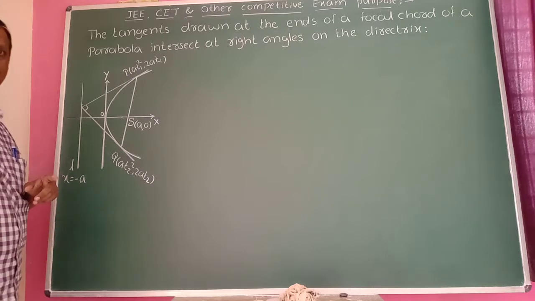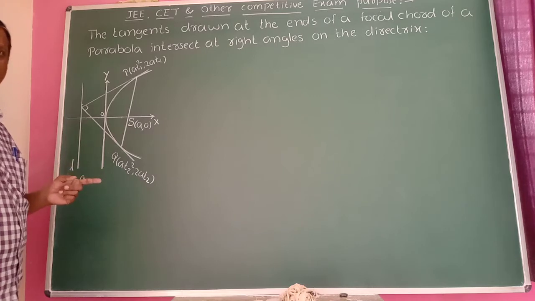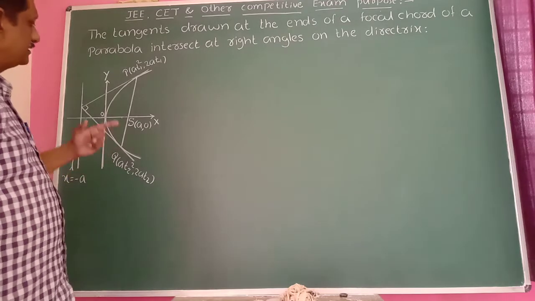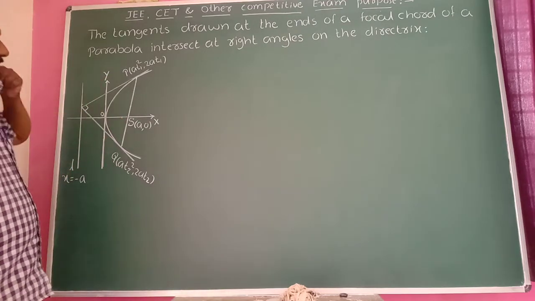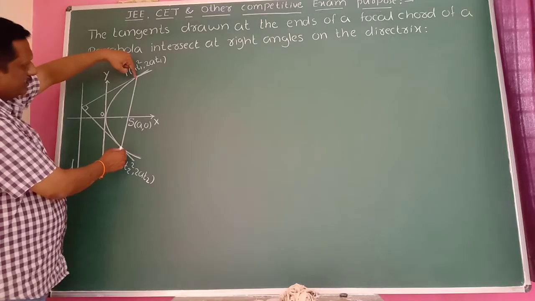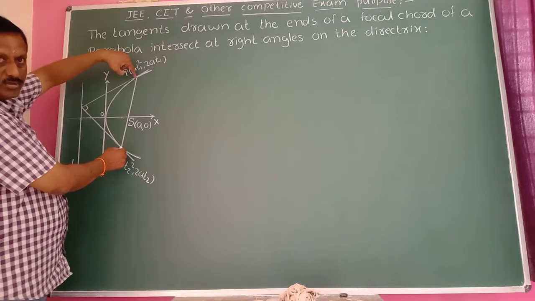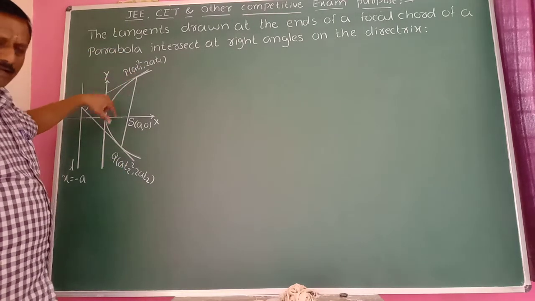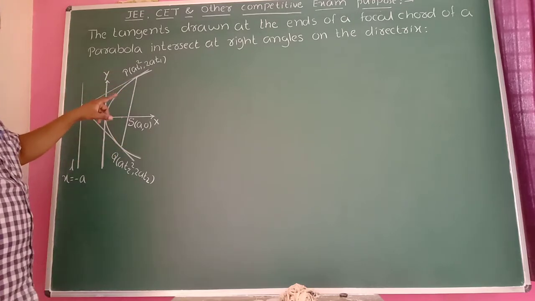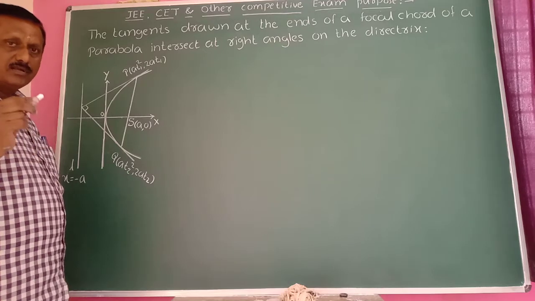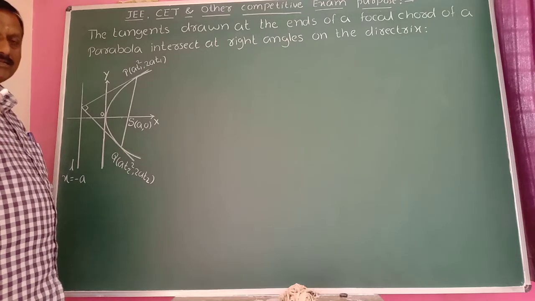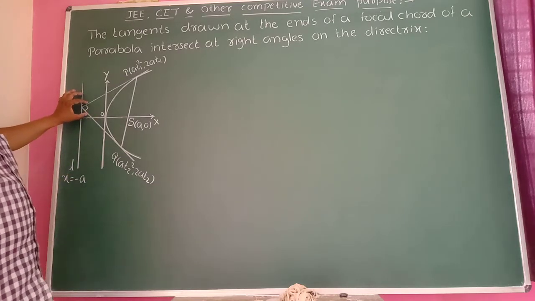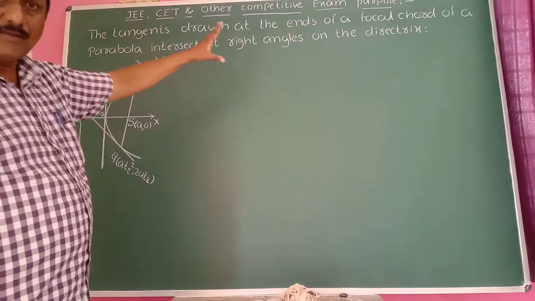And L dash is a line passing through the focus S and perpendicular to the x-axis. In that case, it is called a latus rectum here. But it is a focal chord here passing through the focus S. So at these two ends here, if you draw the tangents, those tangents meet on the directrix only. All the tangents. So you take any type of focal chord on the parabola. At the end of the focal chord, if you draw the tangents, then those tangents meet on the directrix only, and also they are perpendicular to each other. The statement is like that only. You can prove that result here.